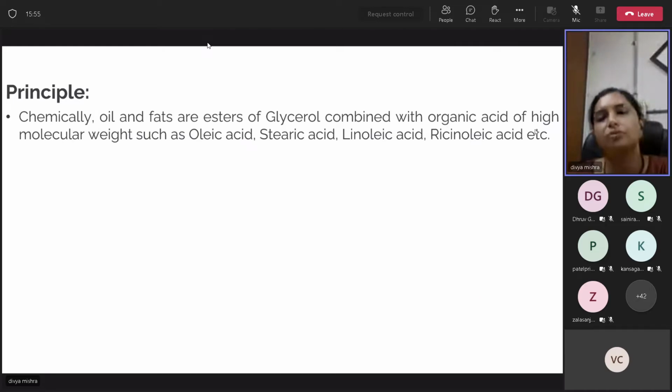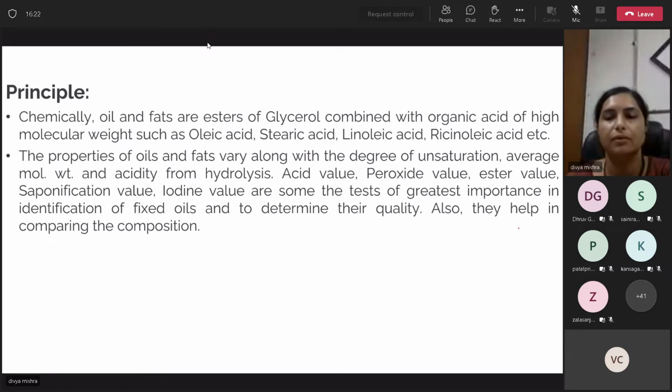Now we will come towards the principle. What is the principle of determining? So जो भी ऑयल्स और फैट्स होते हैं, दे आर नथिंग बट दे आर एस्टर्स ऑफ द ग्लिसरॉल, और उसके अंदर क्या होता है, इट इज कंबाइंड विद द ऑर्गेनिक एसिड, फैटी एसिड, जिसका मॉलिक्यूलर वेट बहुत ही हाई होता है, राइट? सो व्हाट वी विल डू, वी विल परफॉर्म